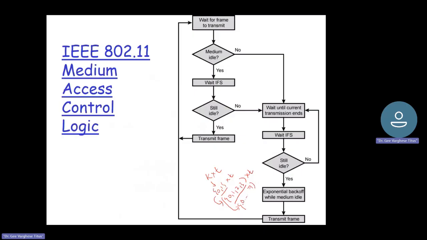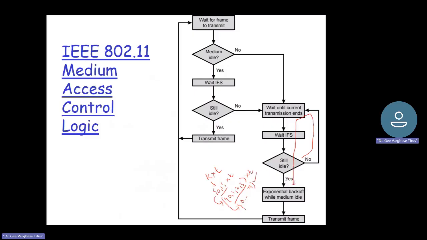Likewise, each time you go to this particular stage, that means the first time you want to transmit, you find that there's some problem there. You wait for that. You wait for IFS. If it is still idle, then you back off. Now, if it is not complete, you will go back here. Again, you wait for it to complete. Then you go for IFS, and if it is still idle,